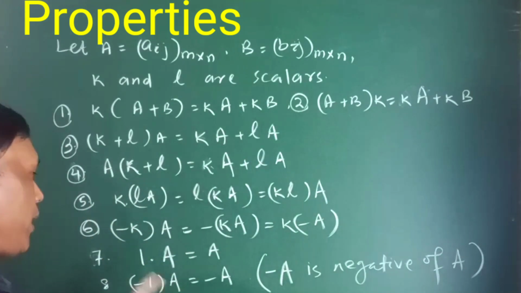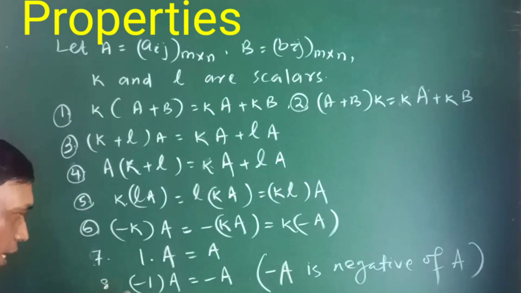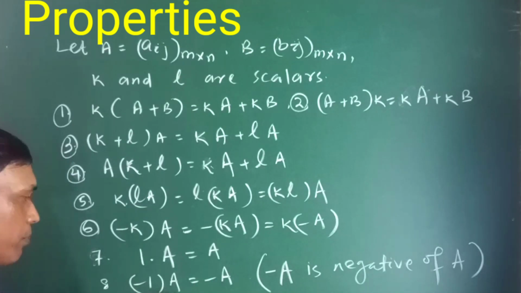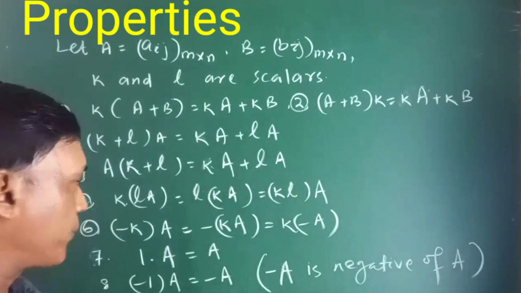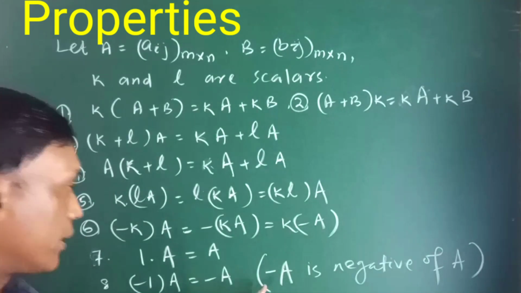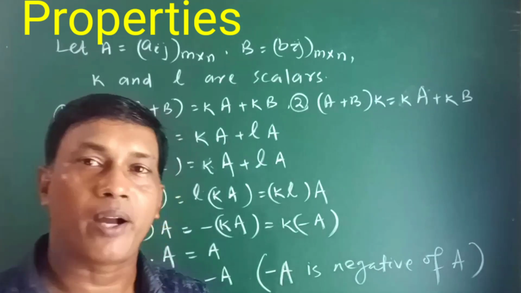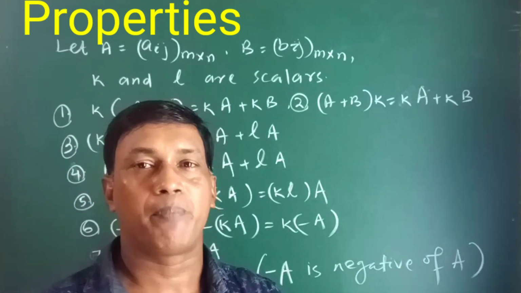If you multiply a scalar 1 with a matrix, then it's the matrix A. The last one is minus 1 into A is minus A. So minus 1 is a scalar. If you multiply this minus 1 with a matrix, then this minus 1 is multiplied with every element. So this is minus A, and this minus A is the negative of A. So in order to find the negative of a matrix, you have to multiply minus 1 to every element of